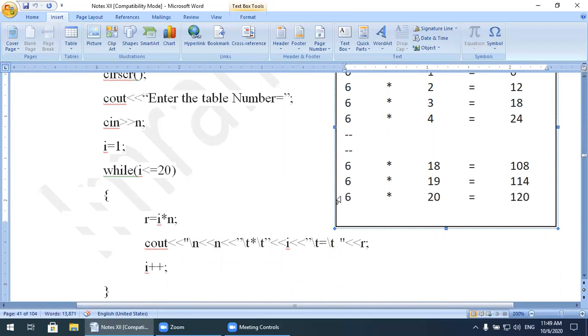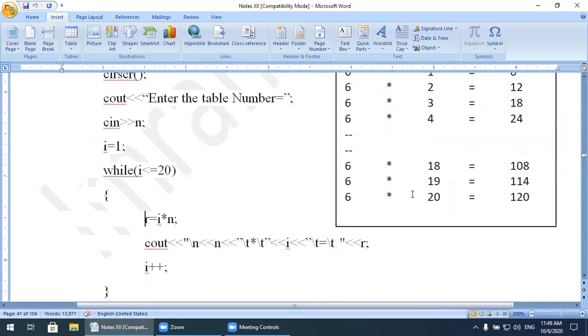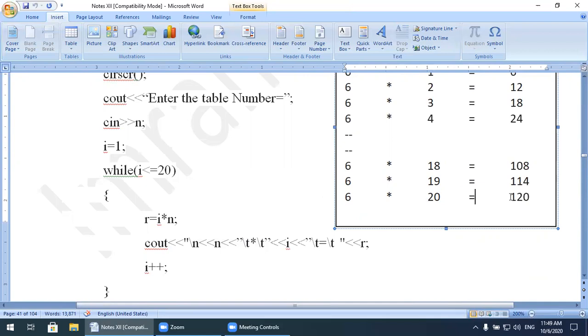Now the last value of i will be 20. 20 is less than or equal to 20, the condition is true. Control will come over here. 6 multiplied by 20 is equal to 120, and this message.